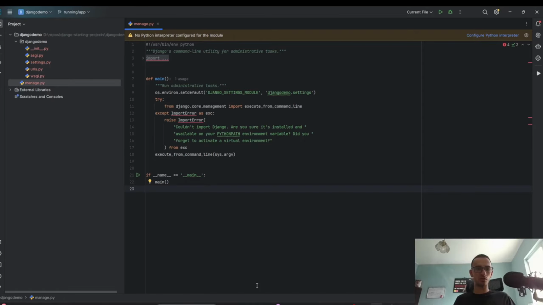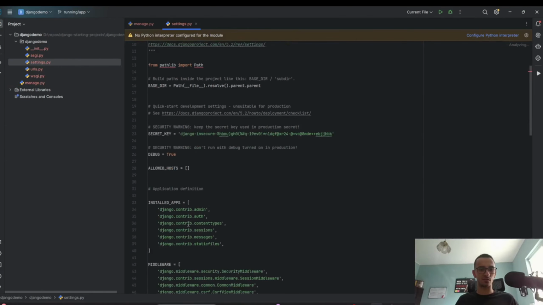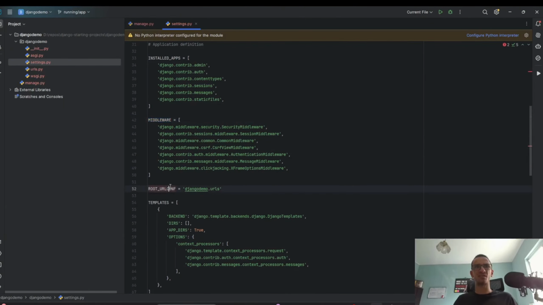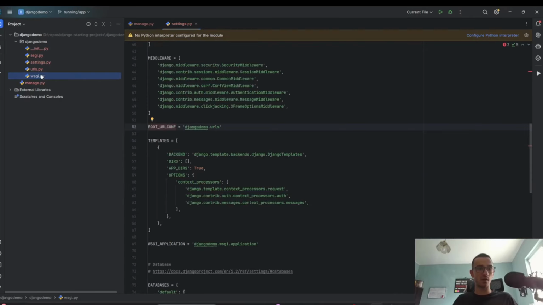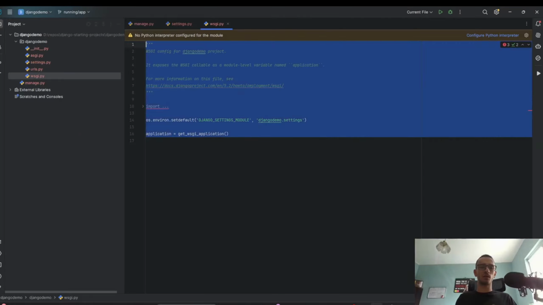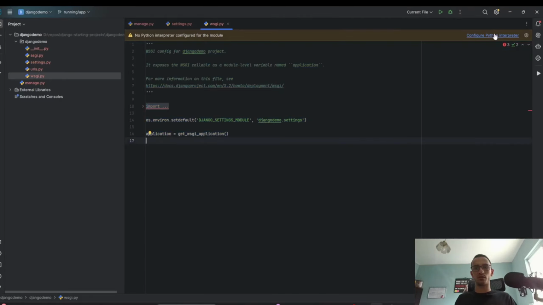The project, you can think of it as the configuration container that serves the project. For example, we have global settings, we have installed apps, we have the middleware, we have root URL configuration, and so on and so forth. We also have a file for ASGI and